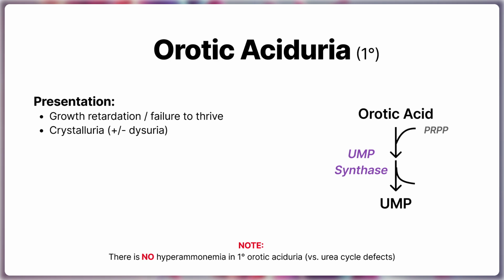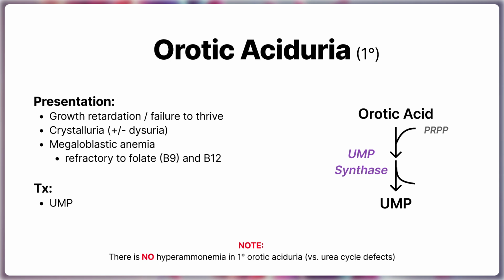Now, for the highest yield finding on the slide, we'll also see megaloblastic anemia. This is due to impaired DNA synthesis, which leaves red blood cells stuck in the immature and oversized state, hence the term megaloblastic. Also very high yield is the fact that this anemia is refractory to folate and B12, because this isn't actually a cofactor deficiency, but rather it's an enzyme deficiency, and thus no amount of folate or B12 could resolve this enzymatic defect. However, one treatment that is actually really helpful is UMP. This is because it bypasses the defective step,